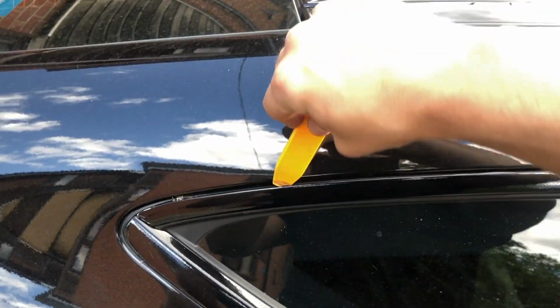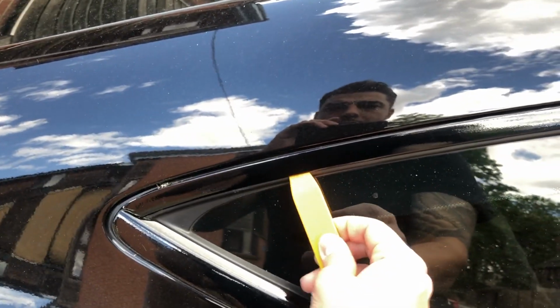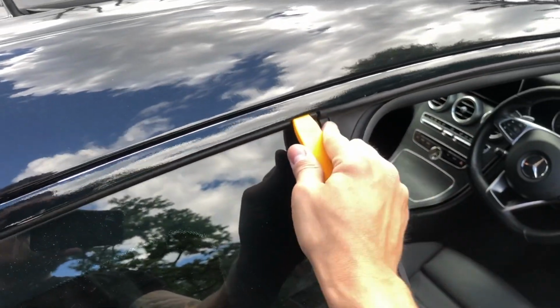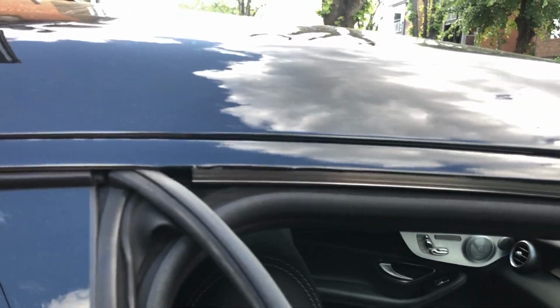So what you do is you pry this bit out. You do that all the way up to here. And then this is the trick. You come down to this bit here where this rubber is and you just peel it all the way back, and then you'll see underneath, I've already removed that one and that one, but there's these